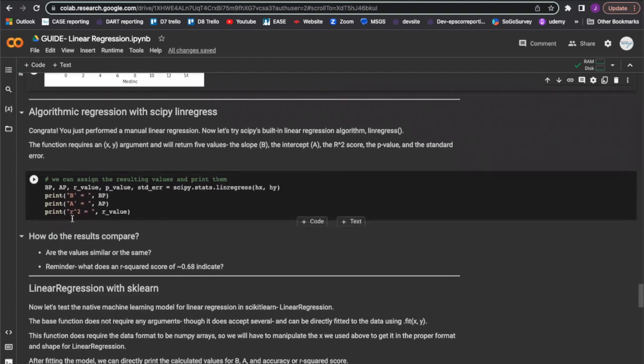So let's go ahead and run this. We can assign the values straight into the variables as we call the formula. So we did B for the B value, A for the A value, R for the R value for R squared, P value for the P value, and this for standard error. And all we have to pass it are the HX and HY arguments. And we will go ahead and print what those values are to see how it compares to our